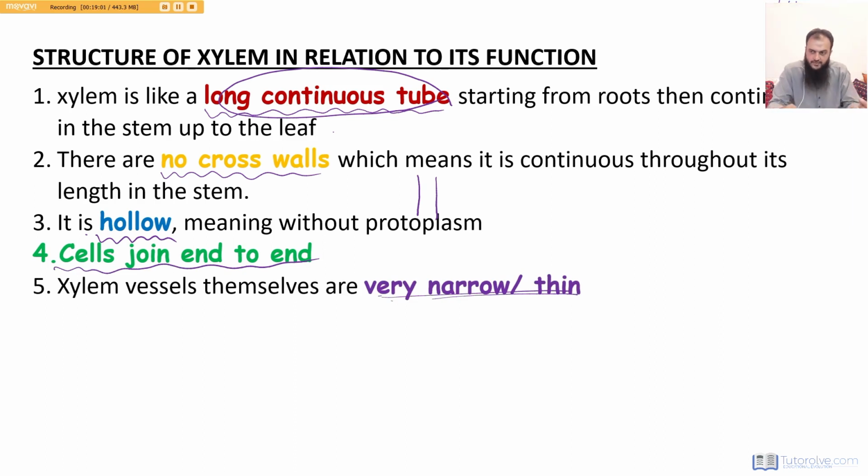I hope you've seen different sizes of straws you have for different packets of juice. I'm sure everybody has seen the McDonald's straw. It's quite thick. It's not thin as compared to a normal packet of juice, which has a very thin straw. So remember, xylem vessels are very thin and narrow. And that facilitates the function because the narrower the vessel, the more the capillarity, which simply means, okay,